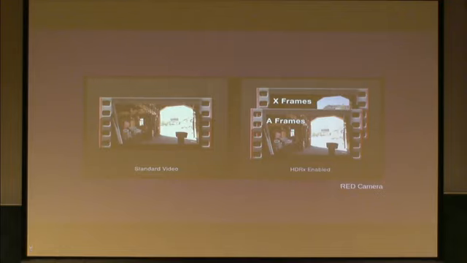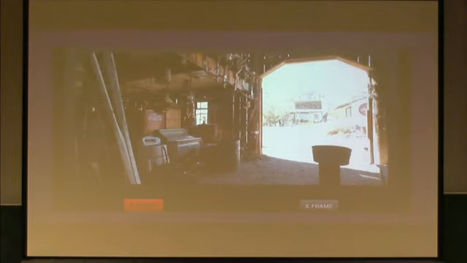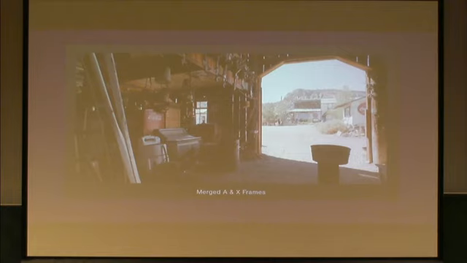Okay, so in the film industry, there are several takes on high dynamic range imaging. One is used by the RED camera, starting from the EPIC model. What they do is they use this alternating exposure approach. For each frame, they actually take 2 frames: one with a short exposure and another with a longer exposure. Just 2. So this is the A frame, the X frame, and then they combine them and do some tone mapping.